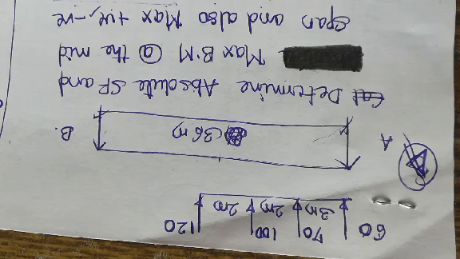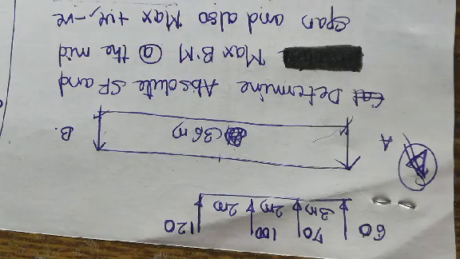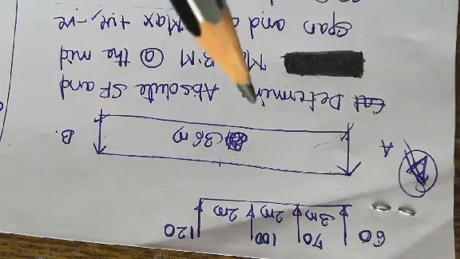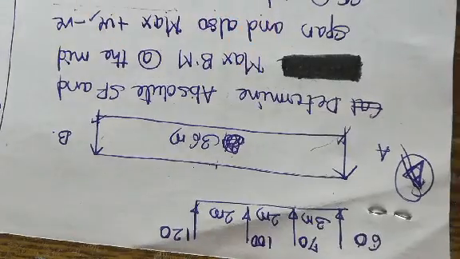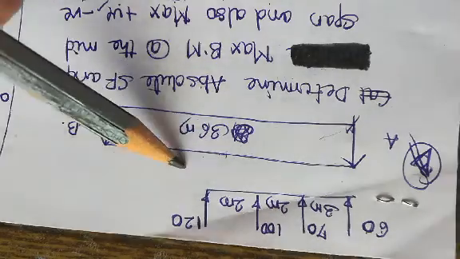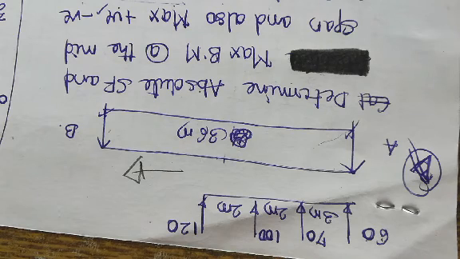Now we are doing problem number 2 for influence line diagram for train of loads. This is the given problem: 80, 60, 100, 120, separated by distances of 2, 2 and 3 meters. 120 is the leading load and the load is moving from left to the right of the section. We have to calculate absolute shear force and maximum bending moment.